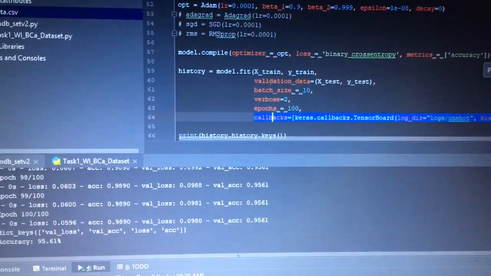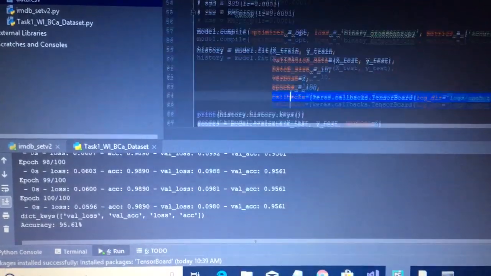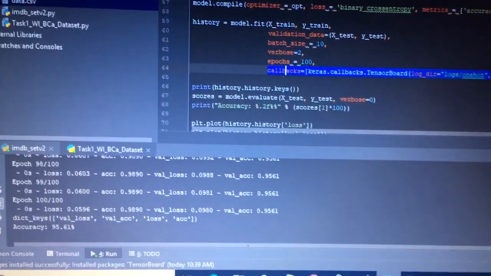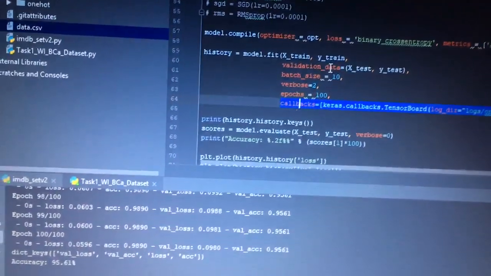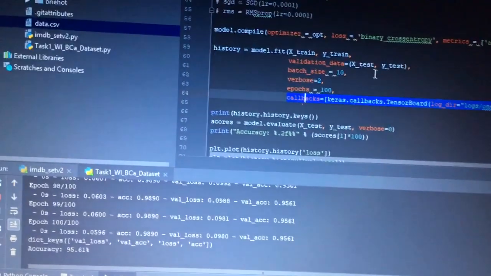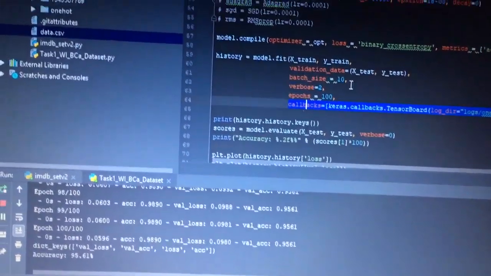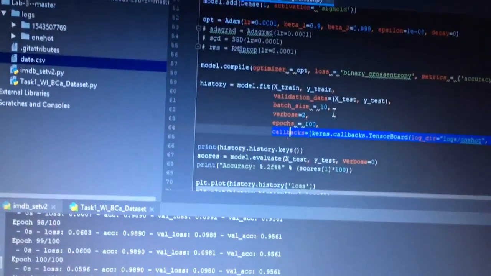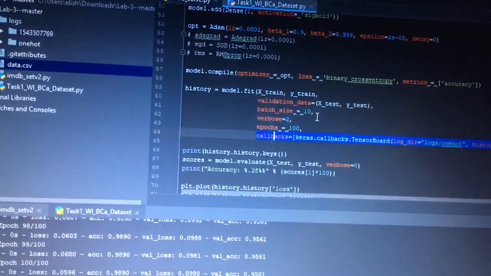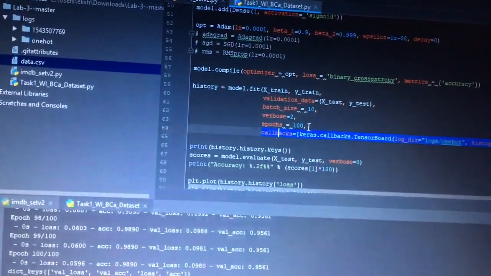After compiling, we fit our training data into the model, and we validate using our test data. Batch size, that's the number of inputs we put in at a time, is 10, and we're going to run it